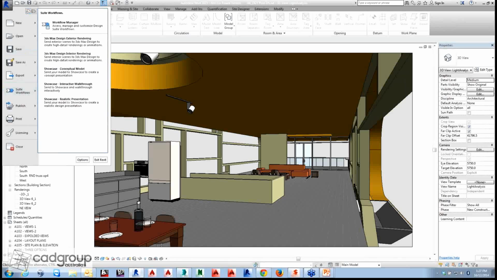So I'm going to click on the File Access menu, Suite Workflow, and we could see there are two kinds of presets called 3ds Max Design Exterior Rendering and 3ds Max Design Interior Rendering. The point to be noted before going to export is the best way to minimize the objects exported for 3ds Max or to make the materials much more realistic. The settings within Revit can be done prior to export. That means we would prefer to have realistic or physically accurate materials for the design in Revit, and